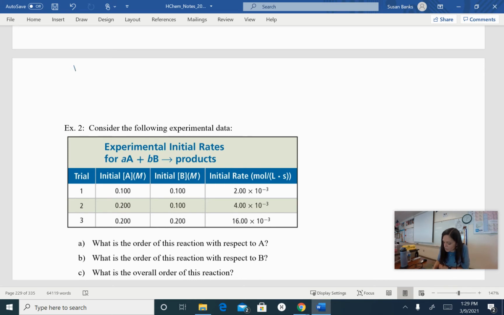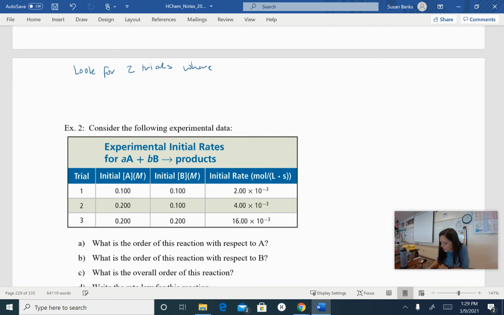So we look for two trials where one of the reactants is held at a constant concentration. Okay? So, for example, if I look at trials 1 and 2,